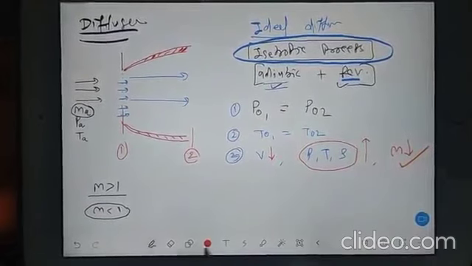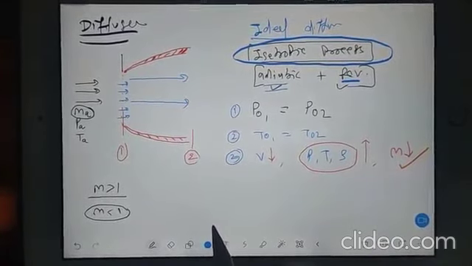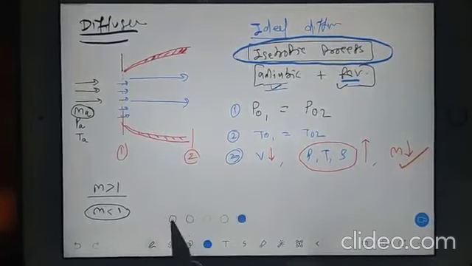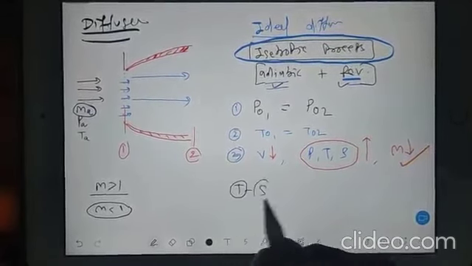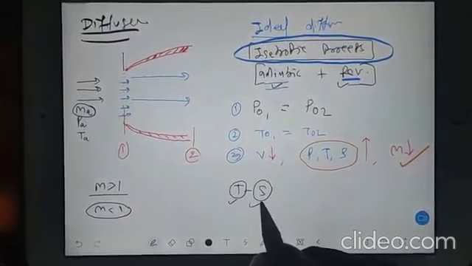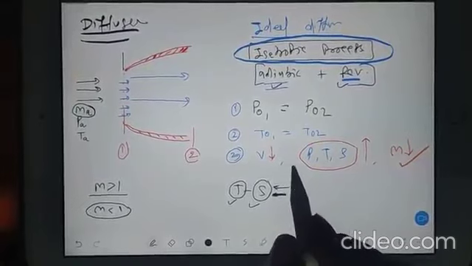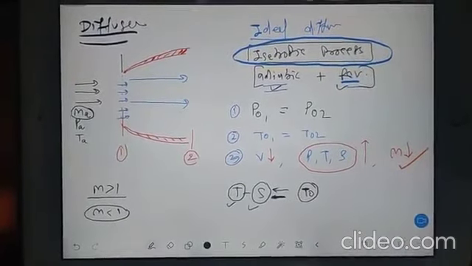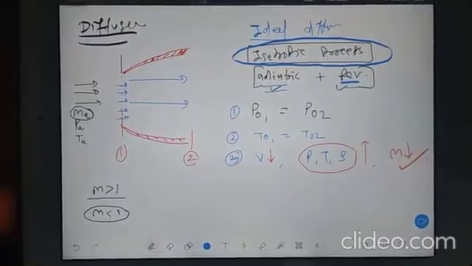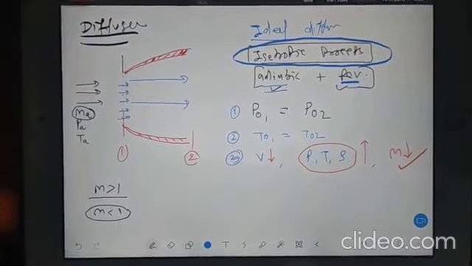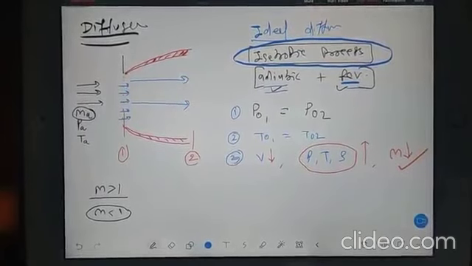So actually, we study all the parts separately and learn how to go through every portion of the jet engine. How to find this portion, how to find that portion, like that. And everything will be dealt with on the TS diagram. There is something called the TS diagram. T means temperature, S means entropy. Why do we deal with the TS diagram? Because here entropy changes with irreversibility, and mostly your total temperature will be constant. Total temperature is not affected by entropy change. I mean to say that total temperature is not affected by irreversibility. So if you are able to maintain the adiabatic condition, then irreversibility will not change the total temperature. We know this.